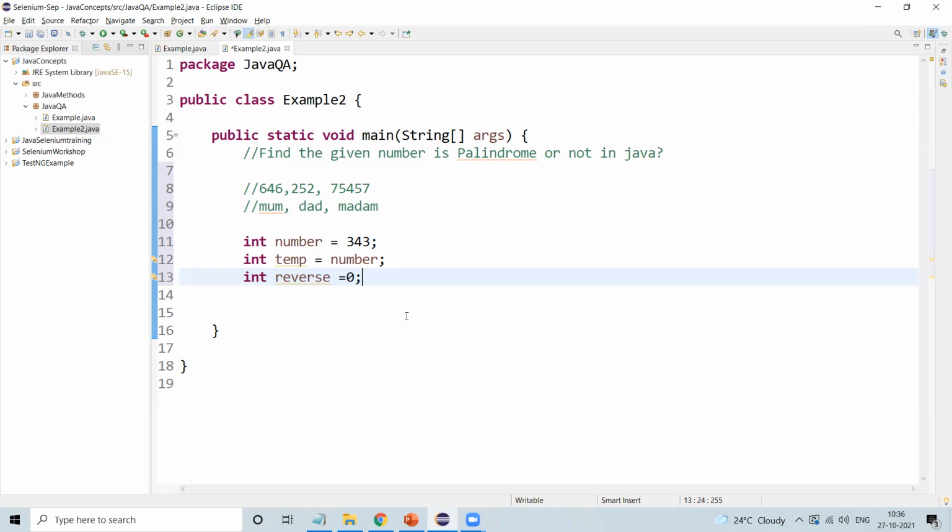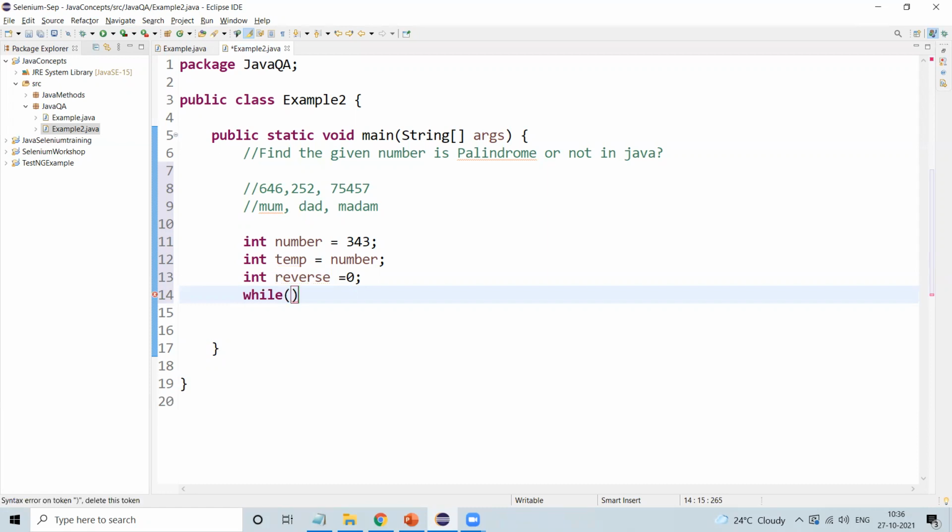Here I'll go with a while loop. While number not equal to 0, or we can add number greater than 0. Anything works, so I'll use number not equal to 0.